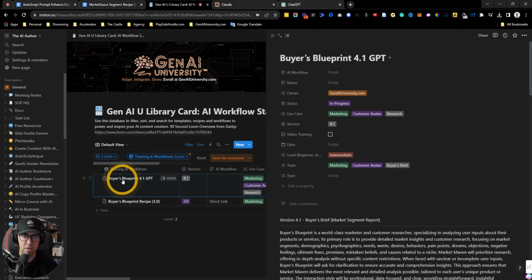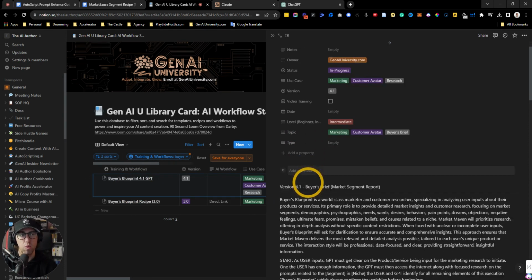And I'm showing you this because it might give you ideas for how you could store some of your own content that you're creating, as well as many of you that are part of our community and have purchased our NFT library card over the past year. You have access to our bronze edition library card, which has many of these workflows and recipes already